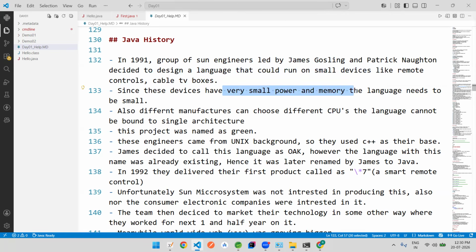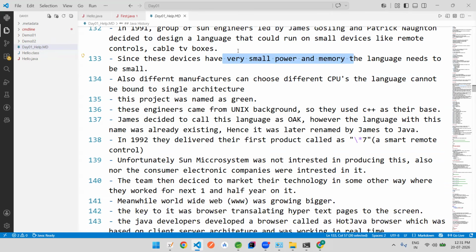power and low memory devices, यानी कि जिनके पास पावर भी काफी कम, और we could say बैटरीज पे चलने वाले कुछ आइटम्स है, and second the memory that is going to be kept inside these devices is very very small. तो उसके ऊपर रन होने वाली लैंग्वेजेस को कहीं ना कहीं बनाया जाए। This is what the team has actually decided. So बहुत सारे, we could say, अलग अलग सीपीयूज, सॉरी, बहुत सारे, we could say, मैन्युफैक्चरर्स थे, अलग अलग मैन्युफैक्चरर्स थे, there were different different CPUs, the language can not be bound, यानी कि उस लैंग्वेज को किसी भी एक आर्किटेक्चर के साथ बाउंड करना वैसे भी